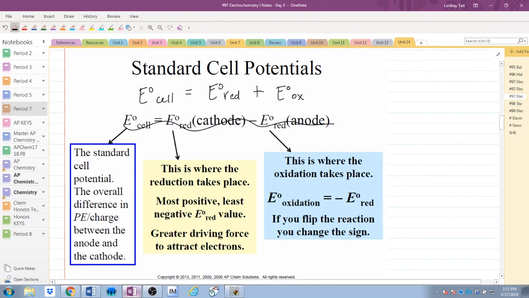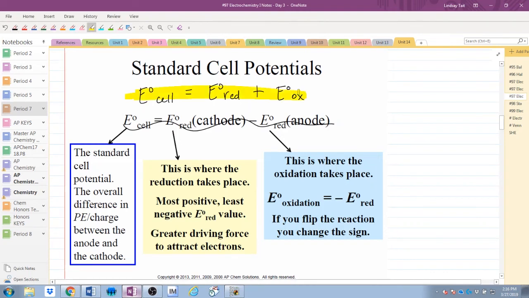Now, why did I cross out that equation below? Because it's subtraction. And for the most part, I hate subtractions because it matters what order you subtract them in, and I sometimes forget which order to subtract them in, right? Because it matters if your answer is positive or negative when you're talking about voltages, right? So that's why I don't like using the subtraction form of this equation, even though I believe your textbook shows it to you that way, or at least it did in the previous version. You should probably check on this one. Yeah? So this is the version of the equation that I will use,